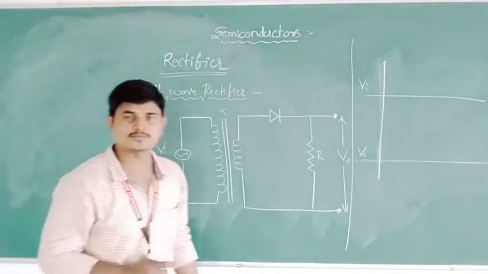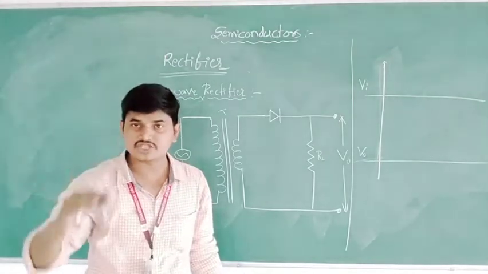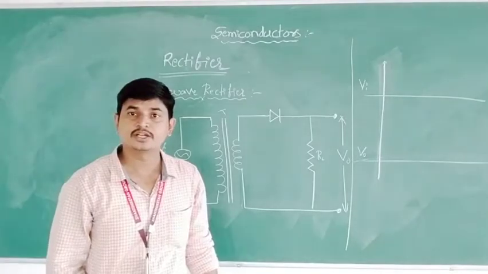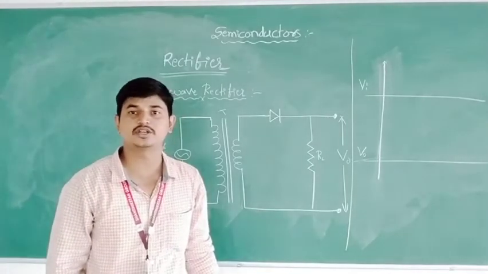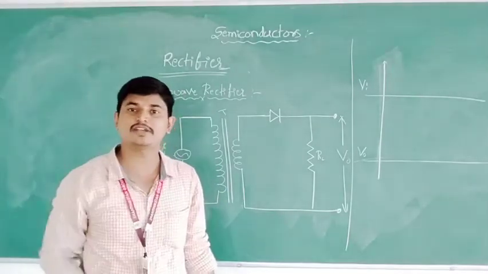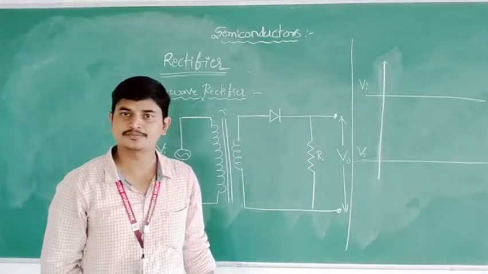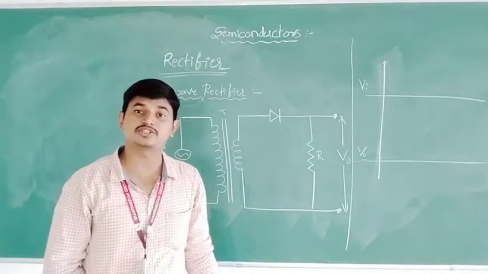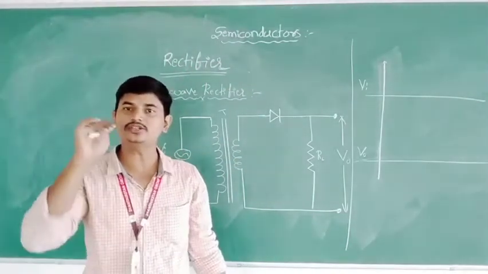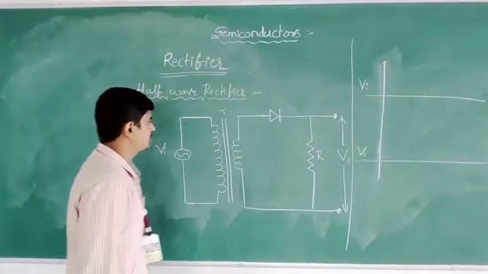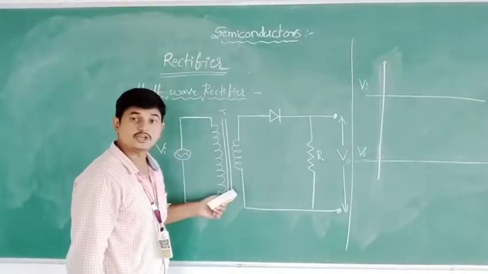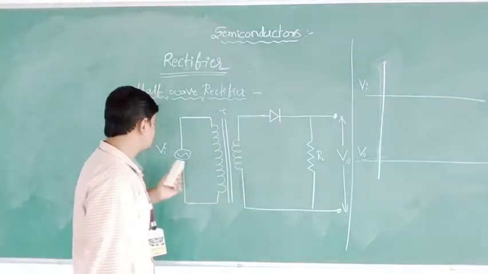There are two types. One is a step up transformer, another one is a step down transformer. A step up transformer is the device which converts a lower value of voltage into a higher value of voltage. And the device which converts a higher value into a lower value is what we call a step down transformer.